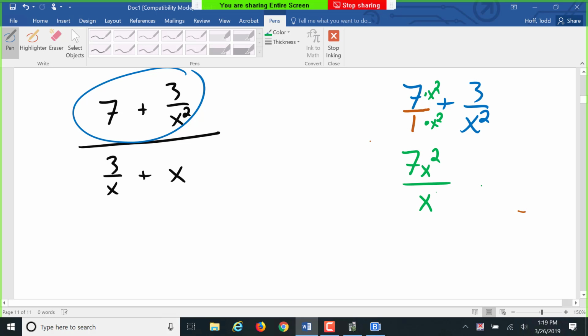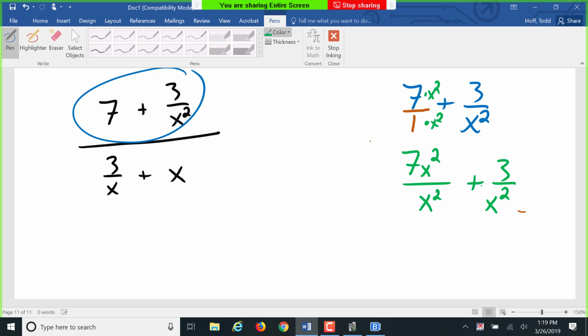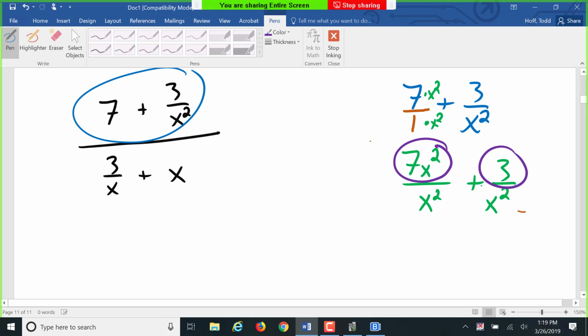So it becomes 7x squared over x squared plus 3 over x squared. When I add those, I combine the counts. What's 7x squared plus 3? Trick question, it's just 7x squared plus 3. And we keep that common denominator of x squared. On the bottom,